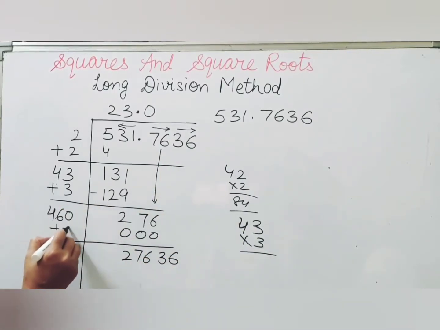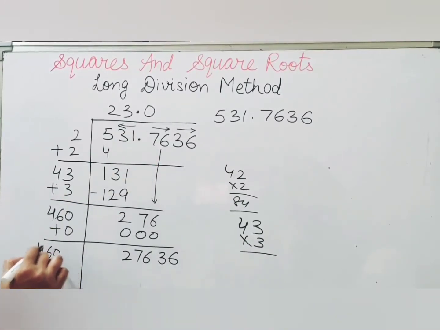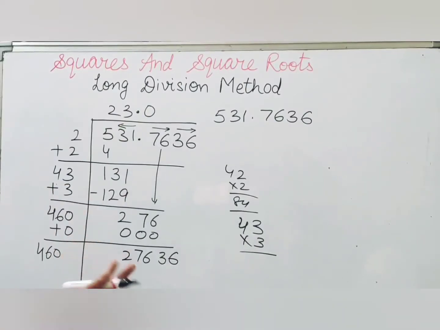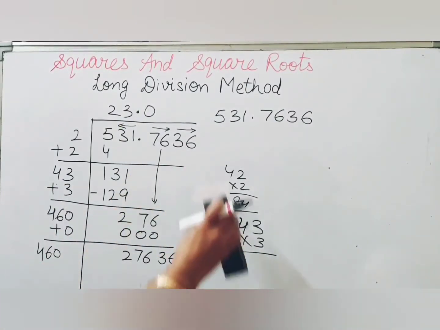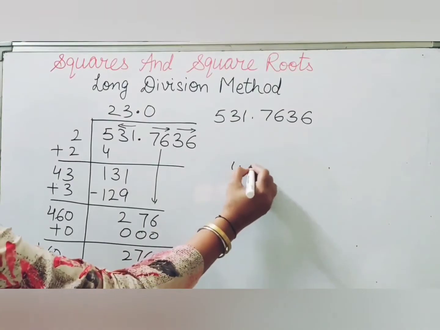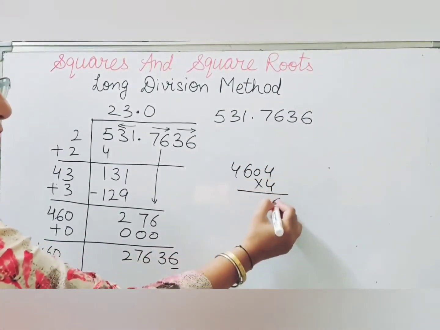And on this side we will do the same step, adding the quotient, and it is 460. Now think about a number which we can put on the right of 460, so that the product of this greatest number and the quotient would be equal to this or less than this. Now we have the last pair, and the unit digit is 6. That is why we will check 4, because we know that 4 4s are 16 and 6 6s are 36. We will check both. So 460 into 4, we are putting 4, then it becomes 16.